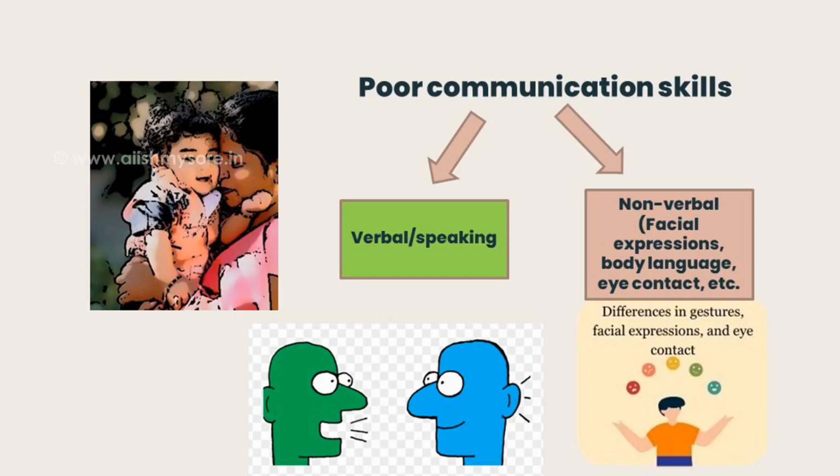The other important aspect is with respect to communication. These children often have problems in communication, not just in speaking, but also non-verbal communication. Now, what is non-verbal communication? Non-verbal communication includes facial expressions, gestures, and also body language. So most of the time we use both our speech as well as our non-verbal communication to communicate something to the other person. But children with autism can have problems even in non-verbal communication.